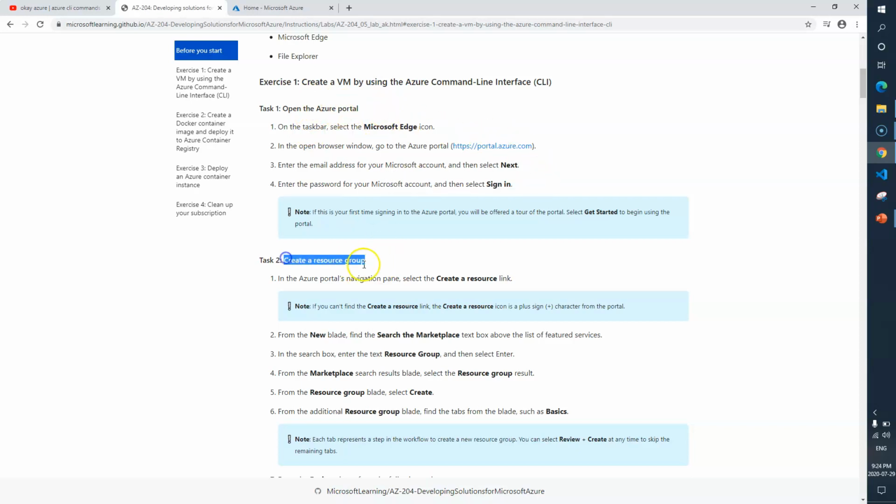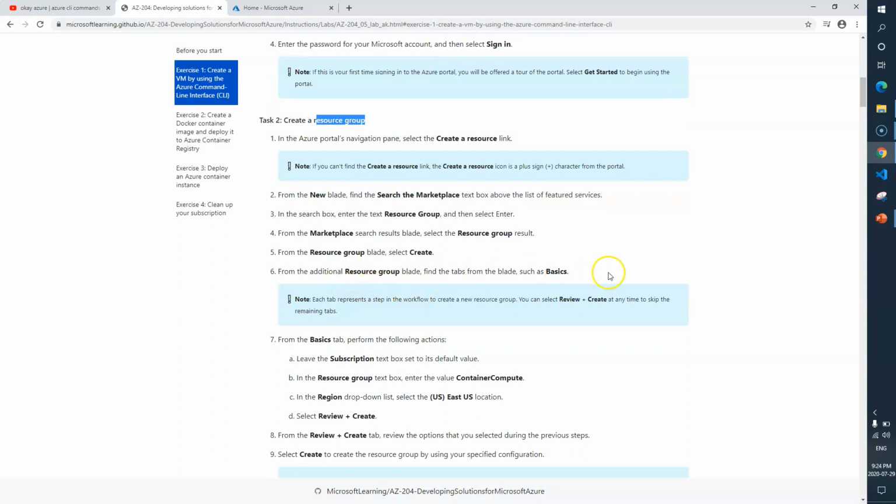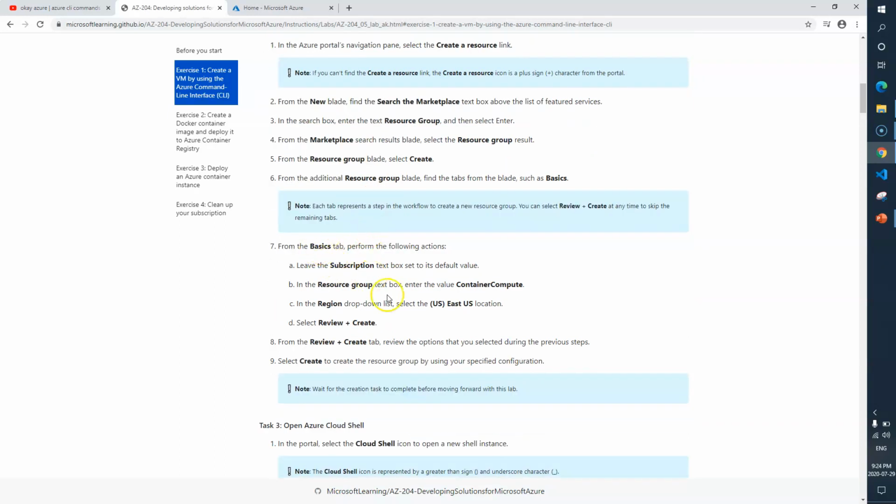Now task two says create a resource group. So now we need to go and create a resource group. Here we just need to open the resource group and here we have the details. So the resource group name should be container compute, location is US. That's it, nothing else is there. Let's go and create a new resource group.